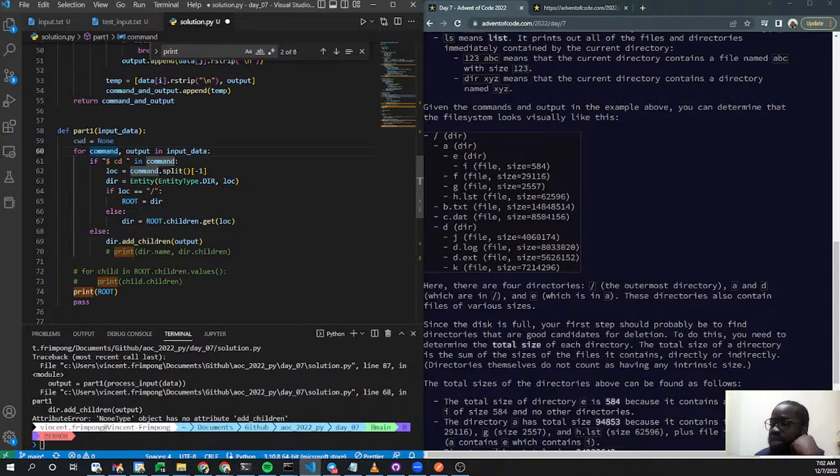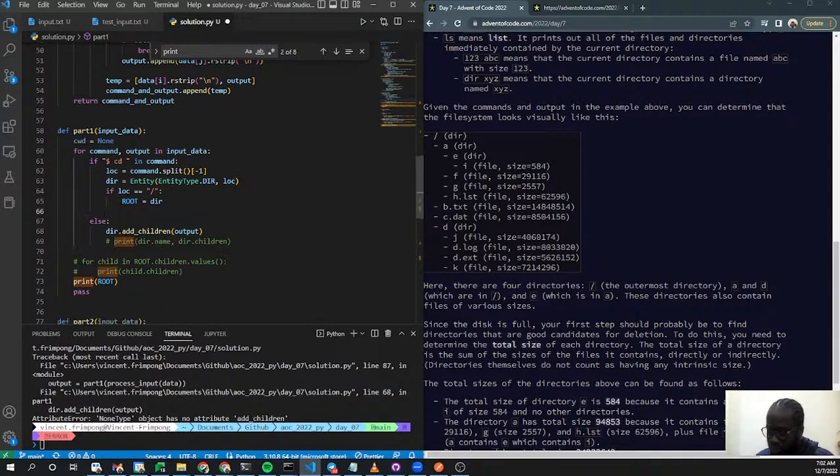And then basically what I'm going to do is that when there is a CD happening, I always just update the current working directory. If it's a slash, we update it to this. If it is not,